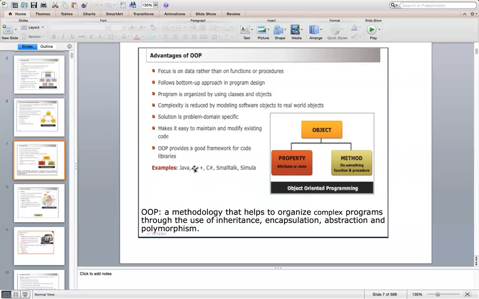You can actually make up pure object-oriented programming with the help of all classes and all objects that are available as part of the API defined by these programming languages. So OOP is a methodology that helps to organize complex problems, and helps to write complex software with the help of object-oriented principles.